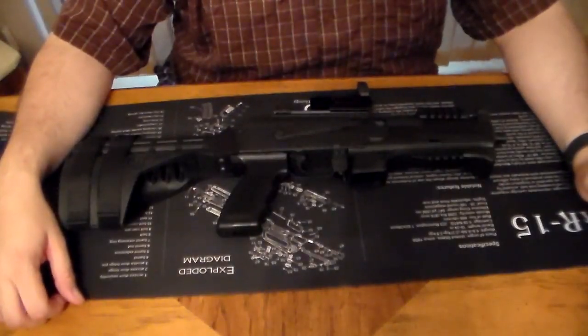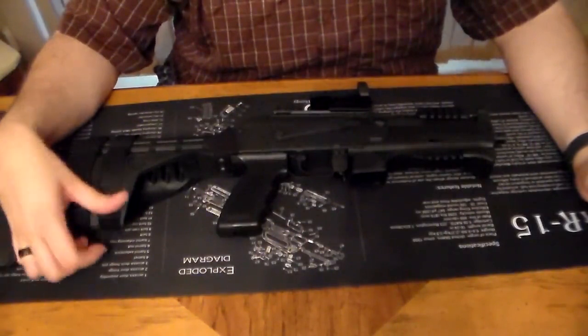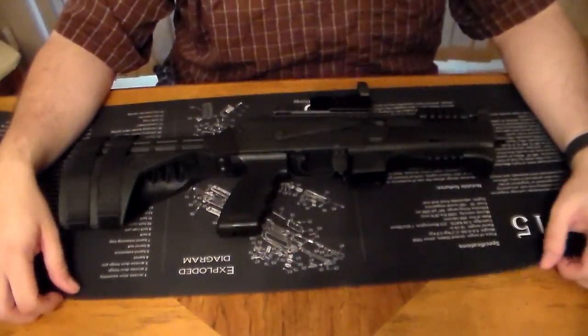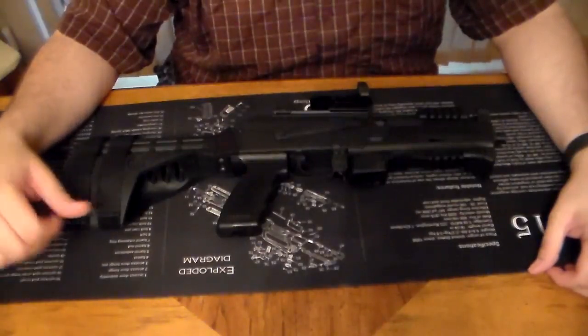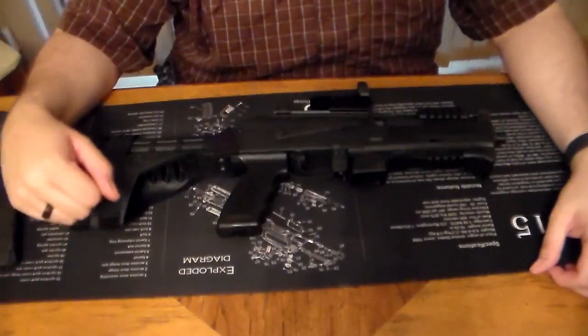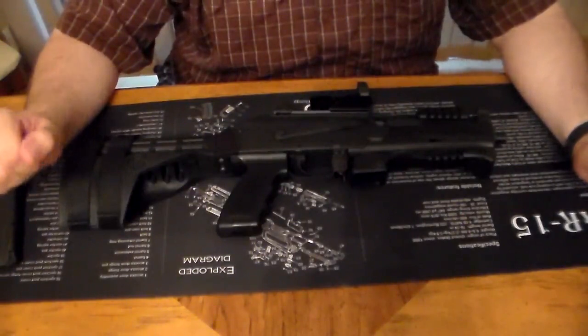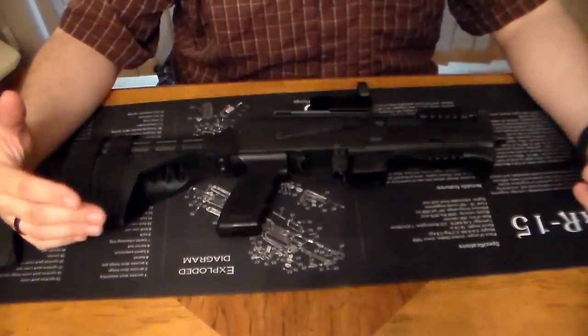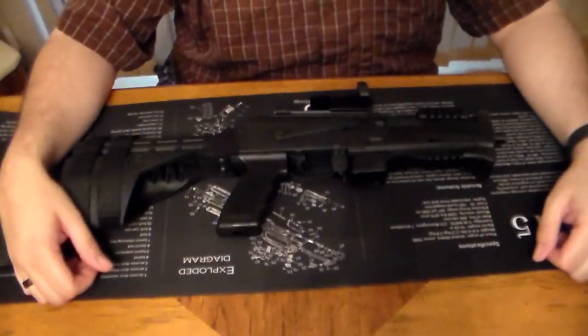A lot of controversy about these, but every time you buy one of these now, you will find in the box that it comes with a letter from the ATF stating the legal interpretation that this is perfectly acceptable to put on your weapon with no additional changes. It does not change the weapon. So, what you see before you, AK